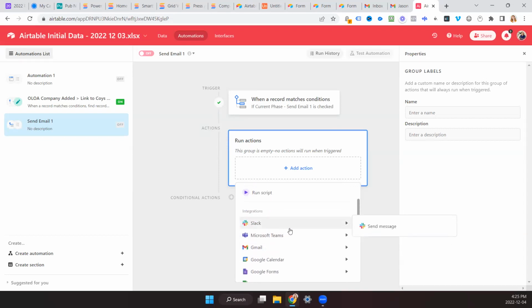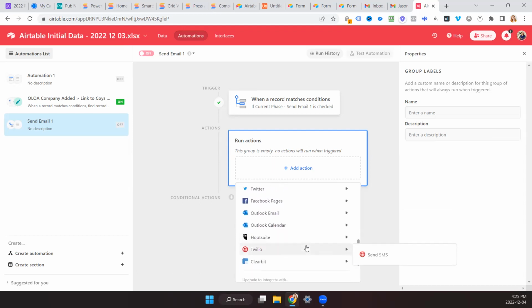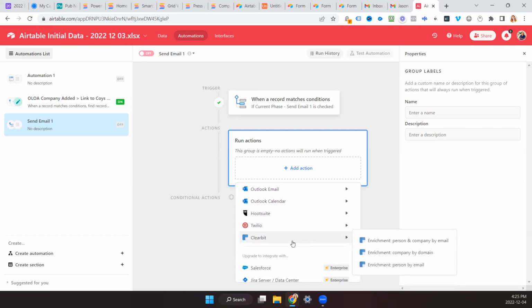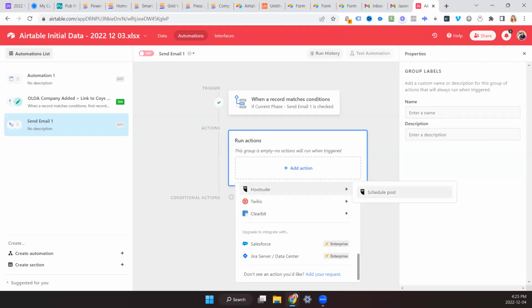Well, here we have options for Gmail and Outlook. And Clearbit. So I believe Clearbit is an integration where you can use any other types of business emails. That's the one by Enrichment Company by Domain. I'm not 100% sure, but I think if you have a GoDaddy email that's not Gmail or Outlook, that's probably what you'll use. Let's see, Airtable, email automation, not Gmail.